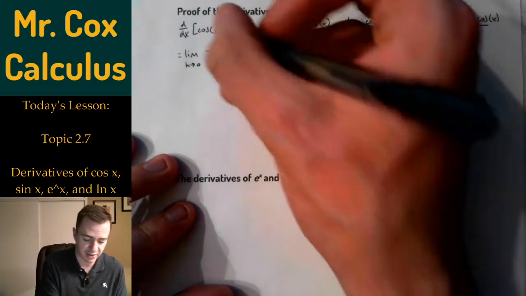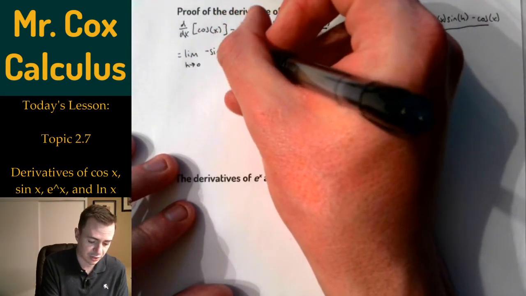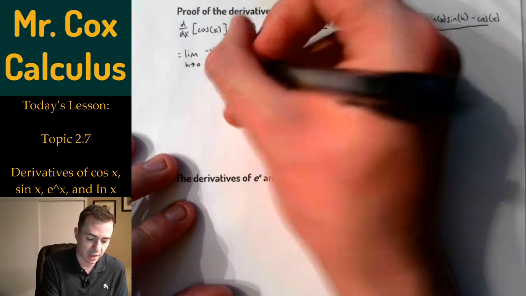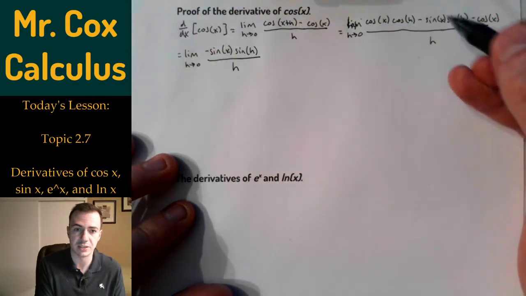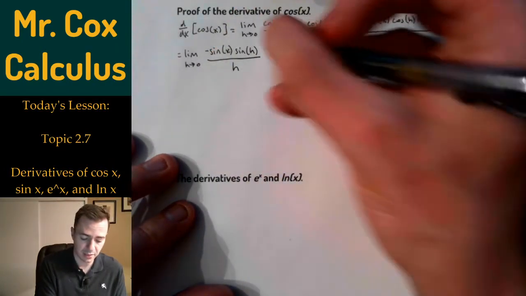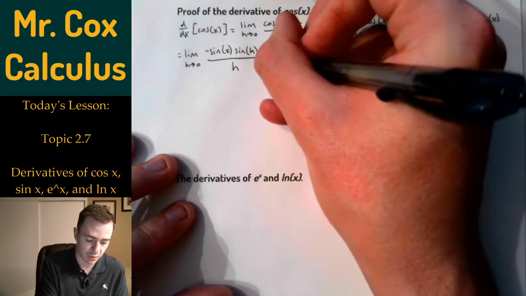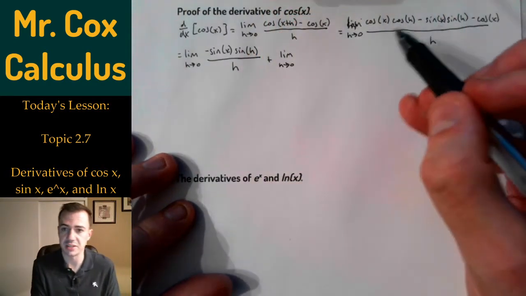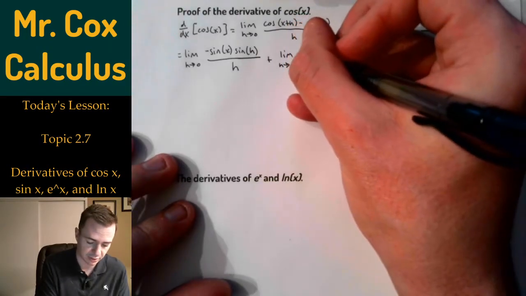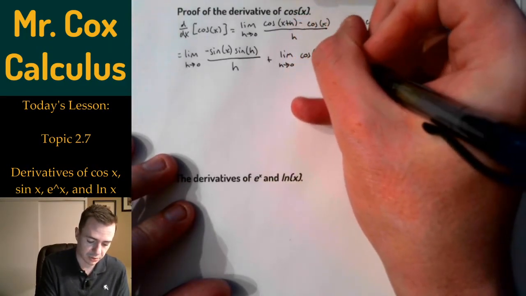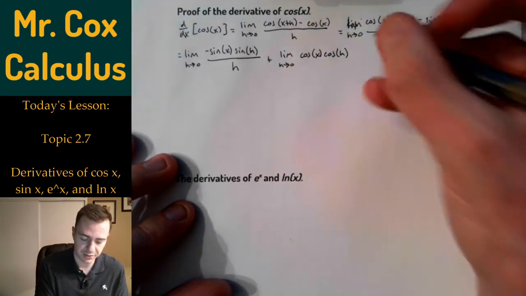So negative sine of x, sine of h, all over h. So there's this inner piece right here. And then let's add to it, to make sure that we have everything else here, the limit as h approaches 0 of cosine of x times the cosine of h minus the cosine of x